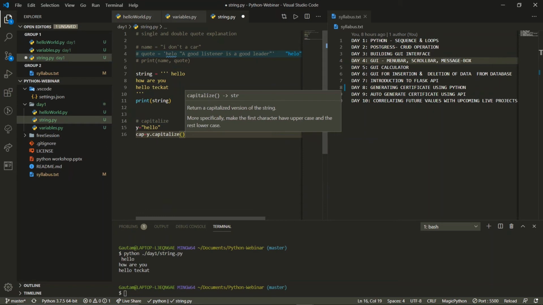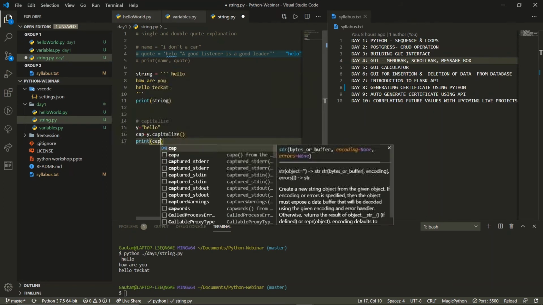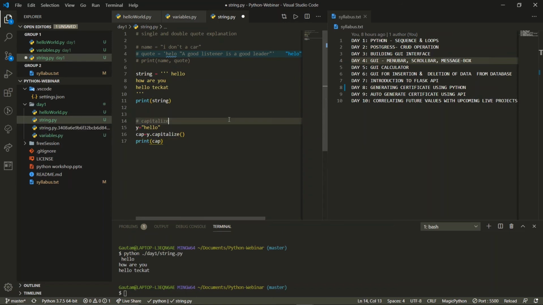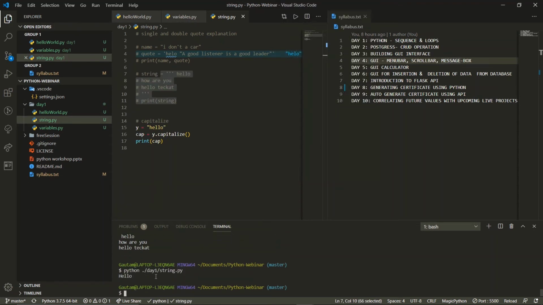This is a function, so we'll assign the function value and print it. Print cap. After doing this, we will comment this section and execute this code. See, you will find H is capital over here, but H was small over here.